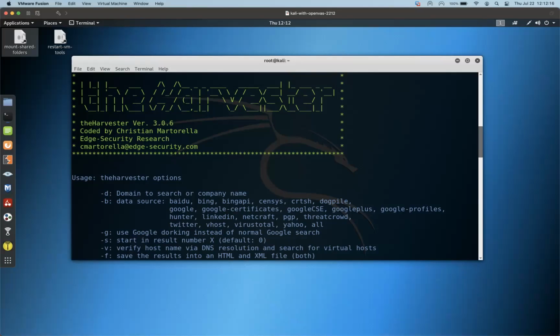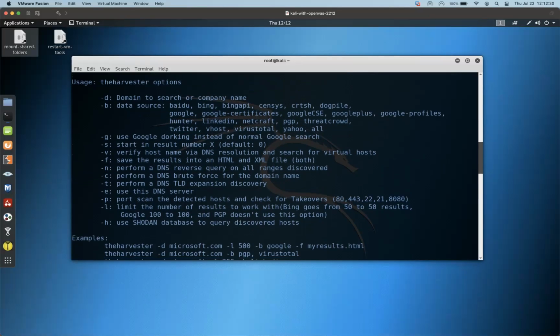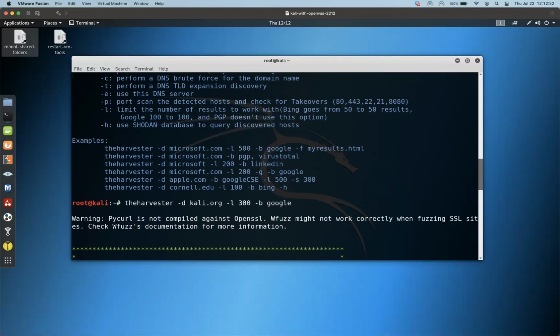Okay, so this is a showing of how theHarvester works. If you type theHarvester into your command line, you will see this pop up with all of these different options, very similar to show options. And then if you type in a line like this with theHarvester, -d for what domain we're going to,